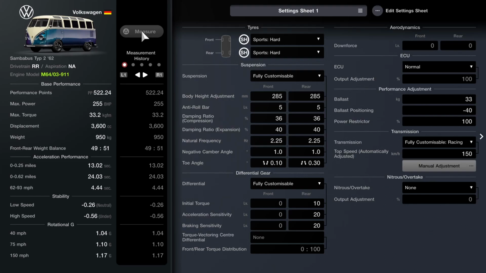But as far as the tune itself, of course we have the sports hards fitted. For suspension, we've gone for not quite the lowest ride height, but certainly very close to it. And as you can see at the front, it's technically higher, and that's actually to level out the ride height a bit more, because it naturally sits lower at the front. As far as the anti-roll,